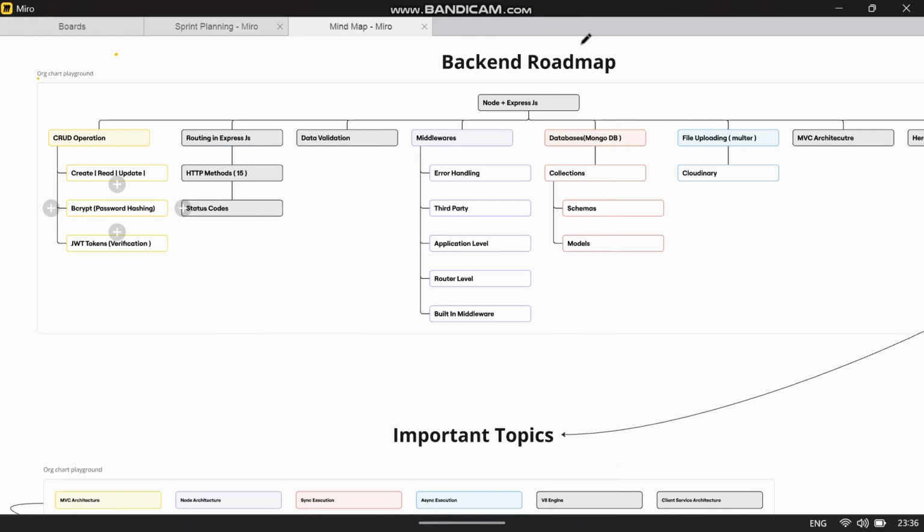So before moving further into the lecture, today we are going to see the complete backend roadmap. But before moving into that,